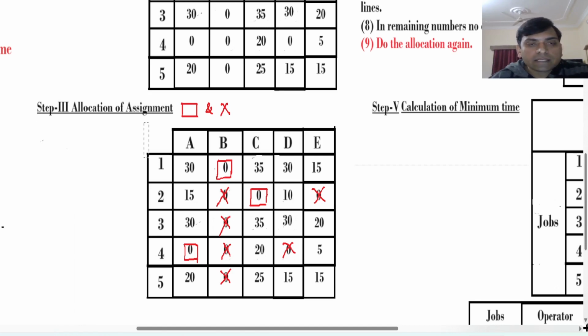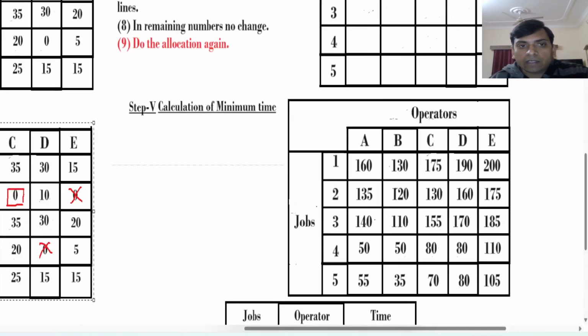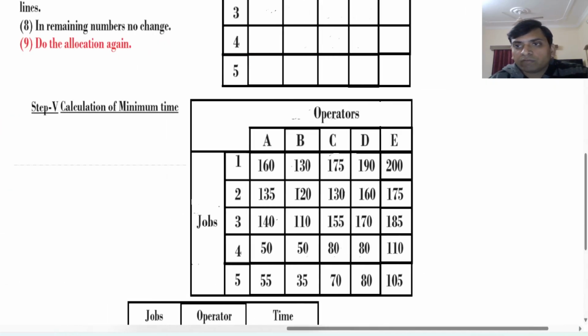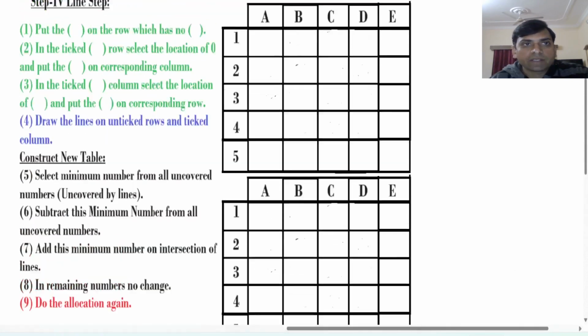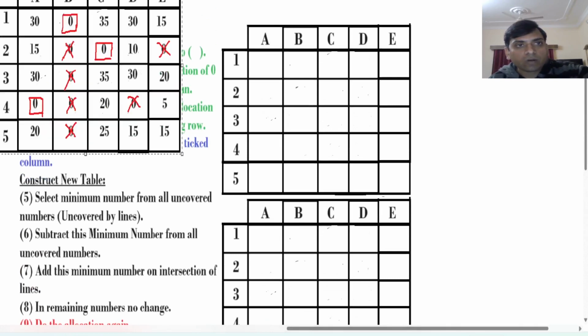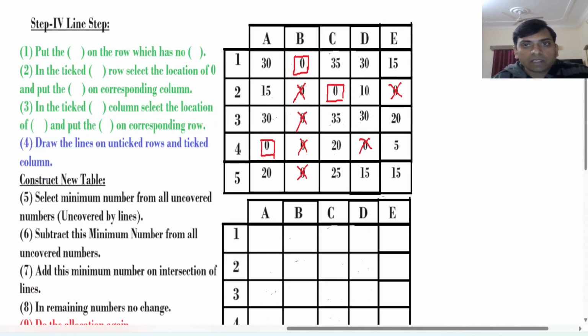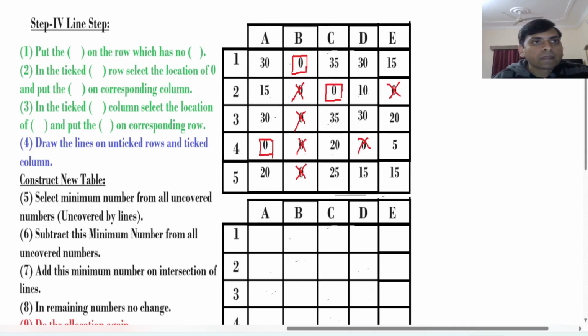Now, to complete this question, I am copying this once again with boxes and crosses, and to complete this problem we will follow the line step. This is the major part of this lecture. So I am copying this table as it is. I have copied this table as it is. Now we will focus on these lines, these green lines. So first task,